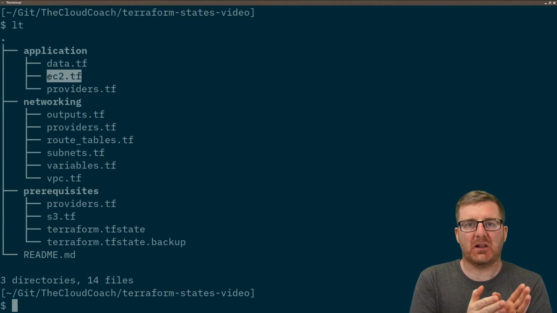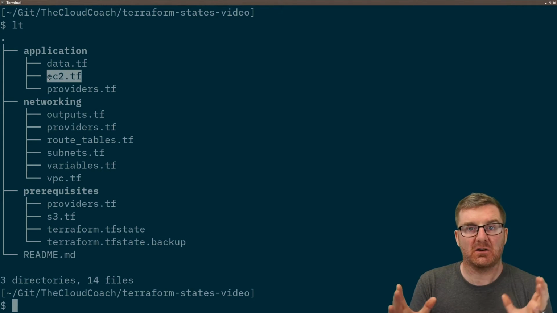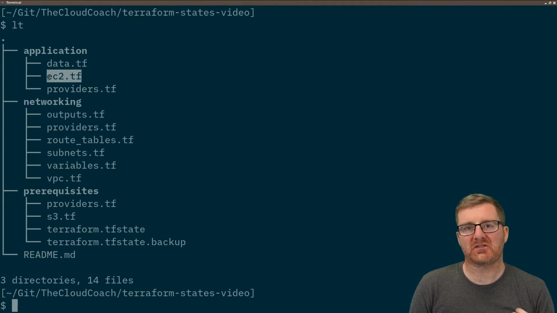It will do the Terraform apply. And of course, we'll get a much quicker, much faster execution. And that is one of the key reasons why we want to split up our Terraform state files. Now, of course, this kind of work obviously is going to introduce some levels of complexity, and I'll show you